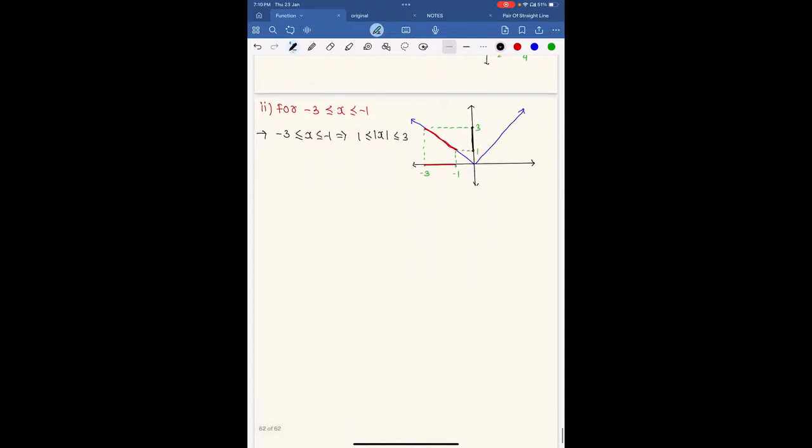Now I will say third one. For -3 less than equal to x less than 1. So इथे बघा x lies